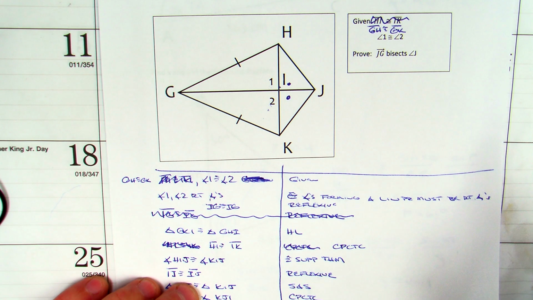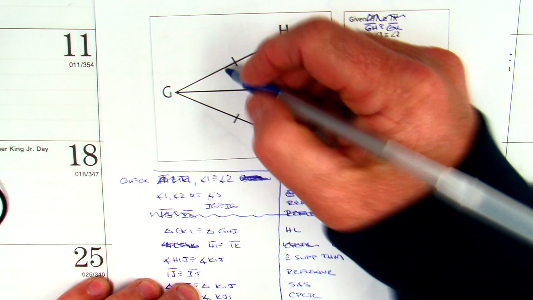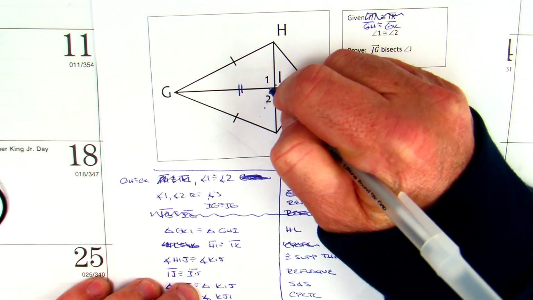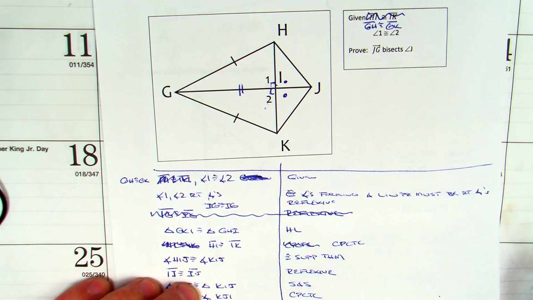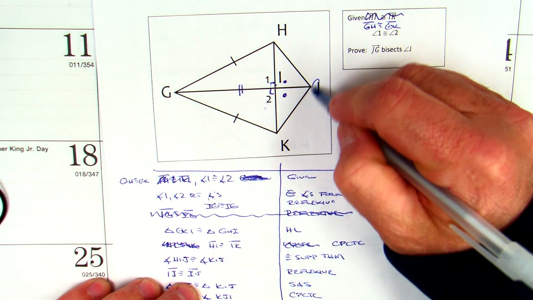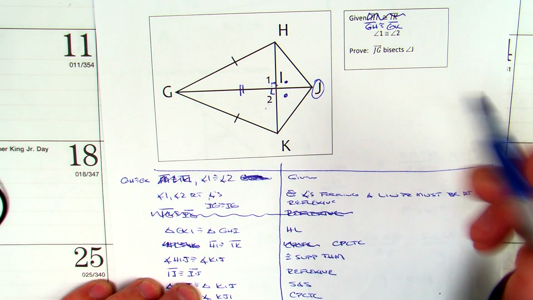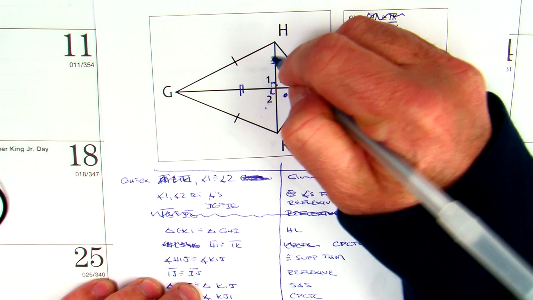Then we're going to use IG is congruent to IG, reflexive, the shared side. Okay, so now these are right angles, and then we got the hypotenuse leg. So the triangles are congruent by hypotenuse leg. Now, J isn't in that triangle, J is over here. So we have to use the parts of that triangle for that. So that gives us HI is congruent to IK by